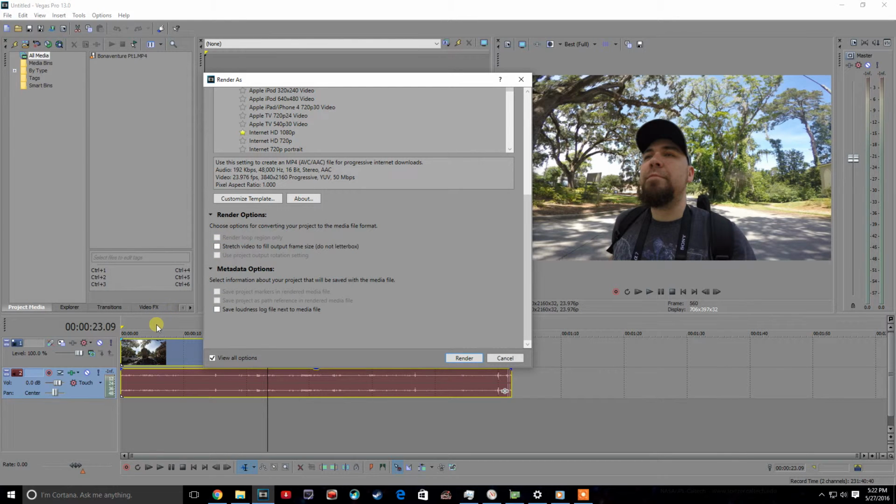If you have highlighted a particular portion of your timeline in yellow down here, then unless you are doing it purposely for the sake of rendering a sample clip, you want to make sure that this box is not selected, or you will just be rendering that part of your video. And the last thing you do is just hit render